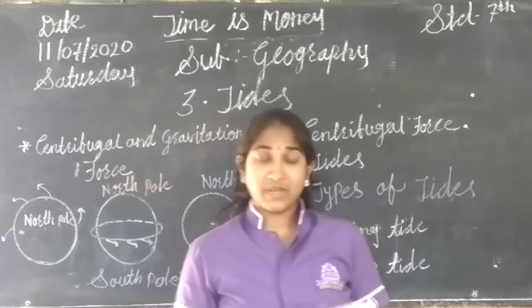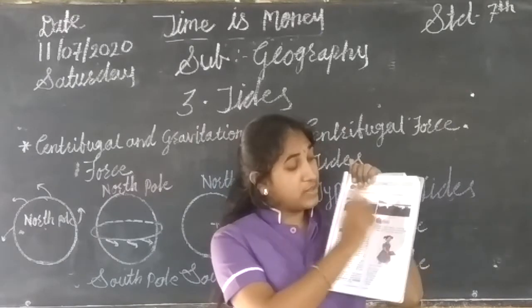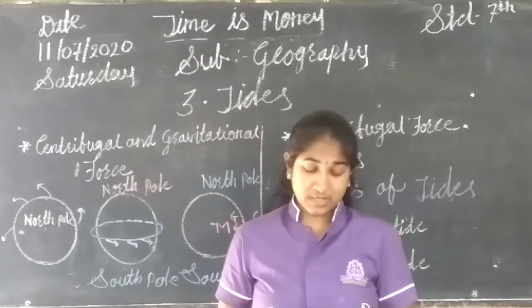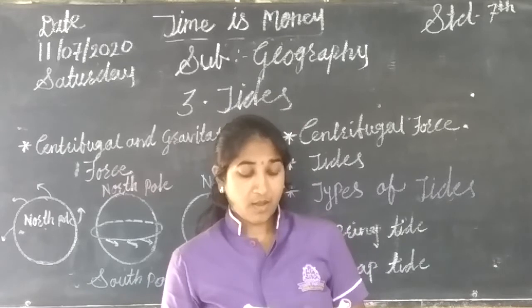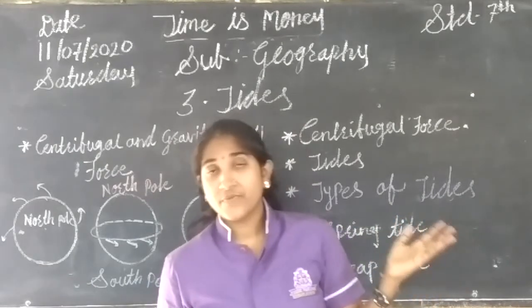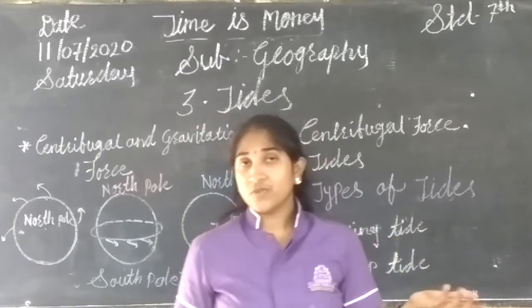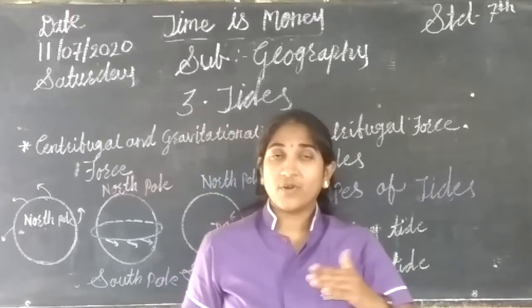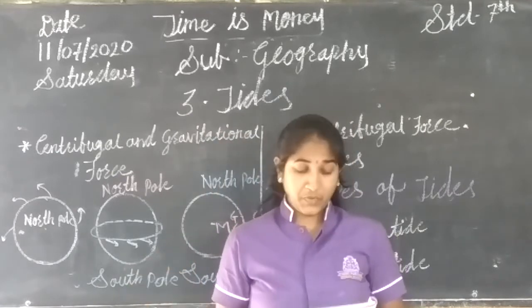Can you see there is a figure given, 3.1, that is 3.1a and 3.1b. Can you tell me what is the difference in both the figures? See, in the above figures they are the coastal areas, but in the first figure, 3.1a, the water we can see clearly and it is near to the coast, right? But in the second figure, can you see the water is away from the coast. That is the difference between these two figures.